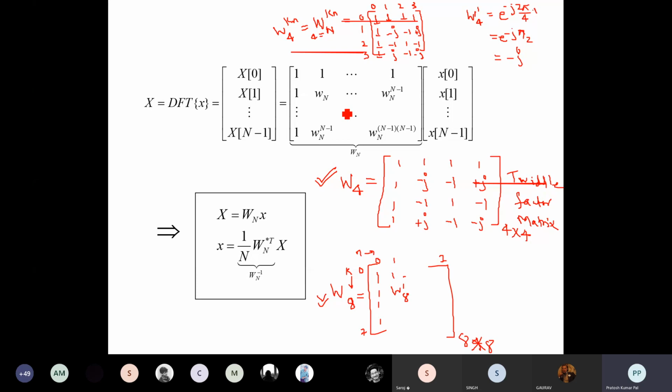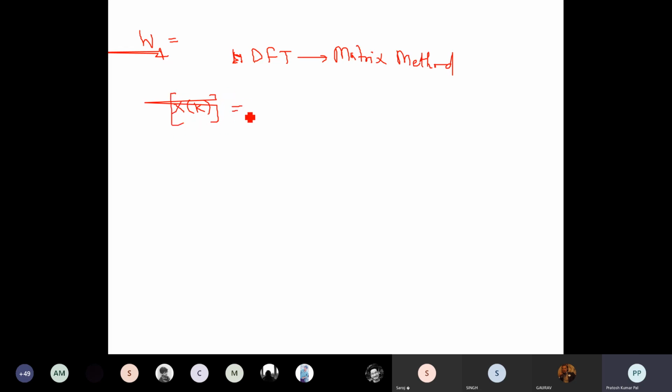So after that we have got the value of the W of 4 matrix. Okay, so the DFT by using the matrix method will be given like x of k will be equal to